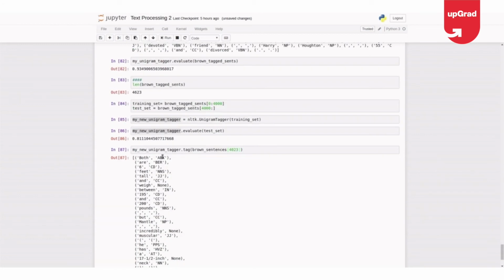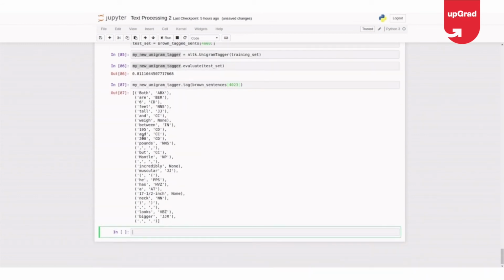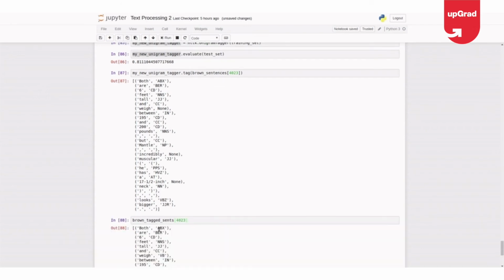So this is my 4023 sentence. It has tagged in a certain way. And what is the actual target data? Let me see. Brown tagged sentence of 4023.